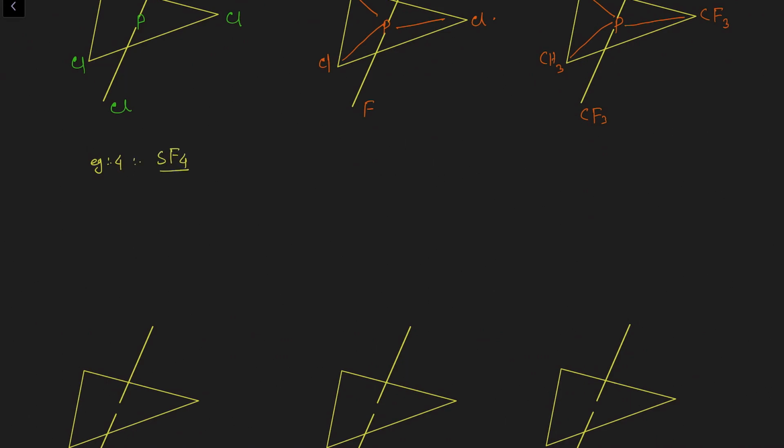Now draw the raw Lewis dot structure of this SF4. So sulfur is forming 4 covalent bonds with the fluorine atoms, and the valence electrons of sulfur are 6, so that means 1 lone pair is left. So now the picture is clear. Sigma bonds are 4, lone pair of electrons is 1, so the steric number will be 5. The structure of this molecule will be trigonal bipyramidal. But what about the shape?